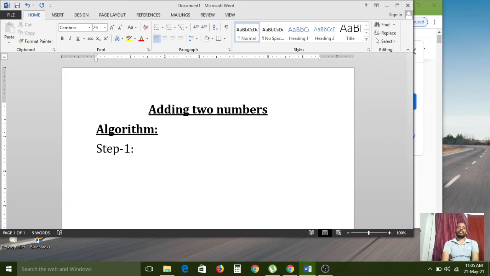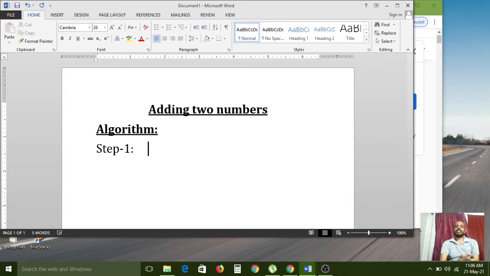So here my requirement is what? Adding two numbers. For that, X and Y variables must be required. After that, we need to collect the two values by input from the keyboard. After that, we need to use the statement X plus Y in our program.